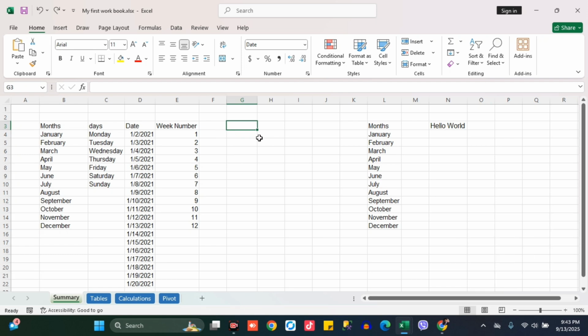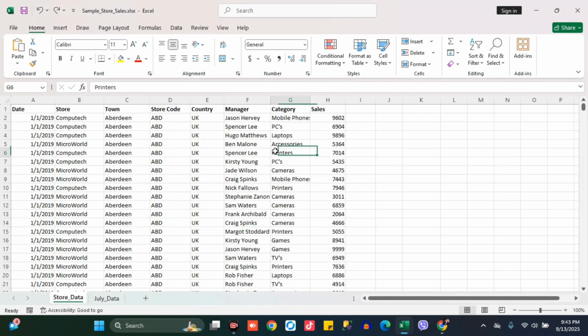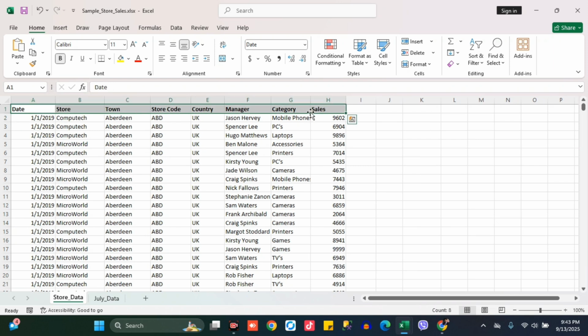So now what we're going to do is flip across to a larger data set that contains sales data, and you'll find this file saved in the course files folder. Now notice here, this is standard sales data. We have some column headings running across the top, and then we have our data. And this data set is reasonably large, at least a lot larger than the ones that we've been working on